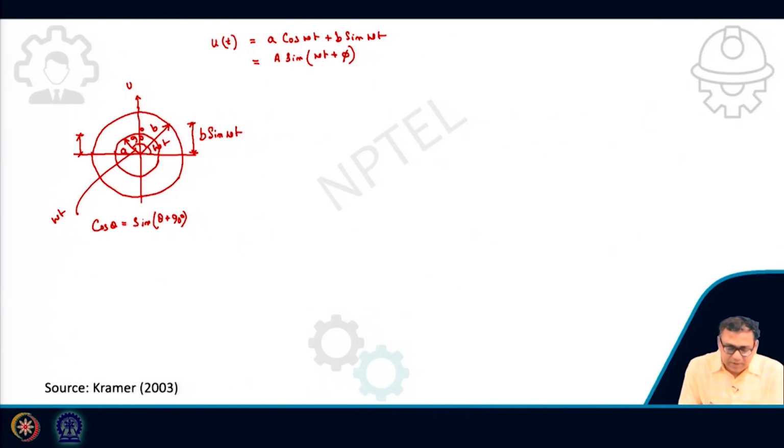Now if this is omega t, then this value will be b cos omega t, because this one will be b sin omega t, and if it is omega t, then the sin becomes cos, so b cos omega t. Okay, so now if I combine them,